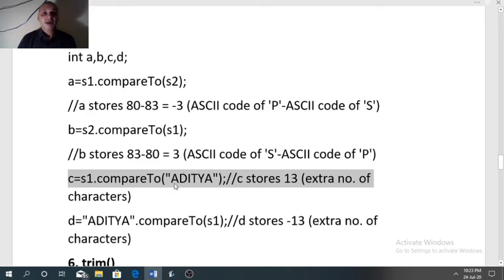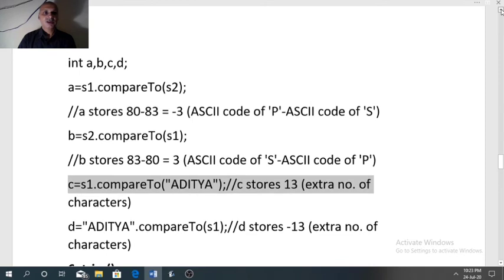Aditya Pratap Singh is compared with Aditya. Aditya is a subset of Aditya Pratap Singh. So I had told you, when one string is a subset of another string, then the extra number of characters will become the answer. So in this case,